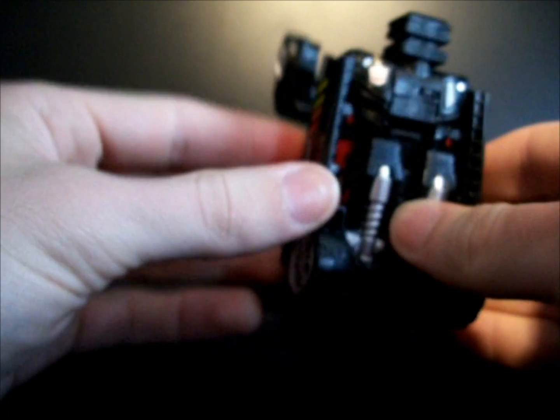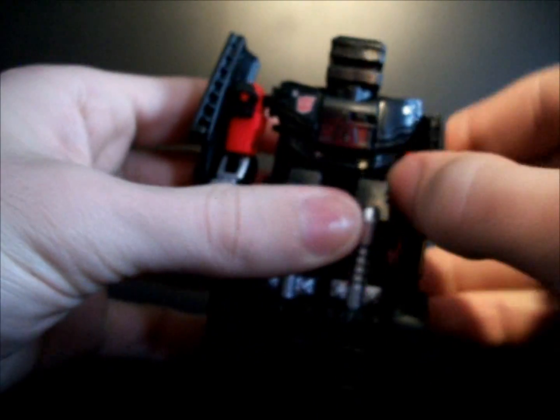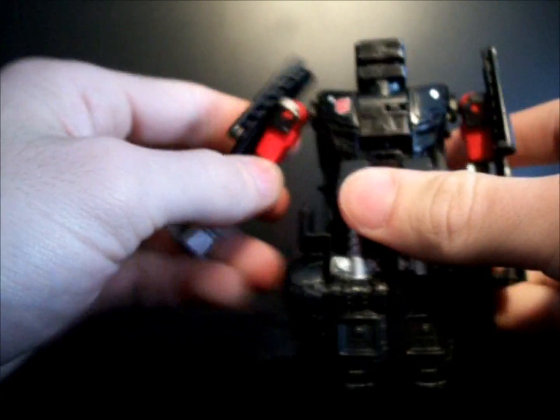We will then again unpeg his arms and these door pieces from the sides and bring them out and up like so. They'll lock into place. Then the other side, bring his door pieces and his arms out and up like so. Then we will come down here to his legs